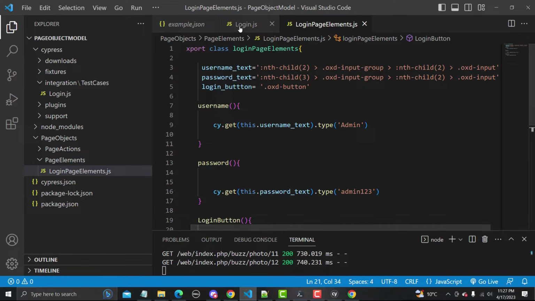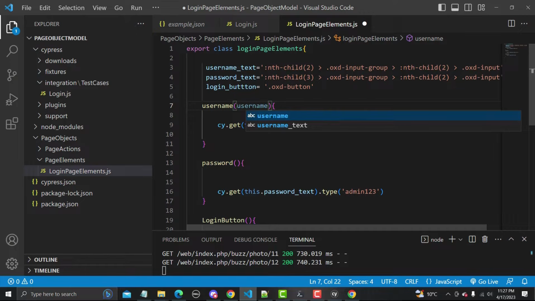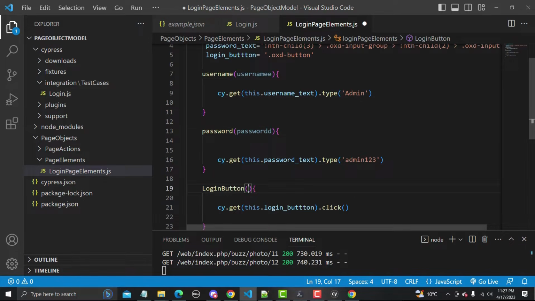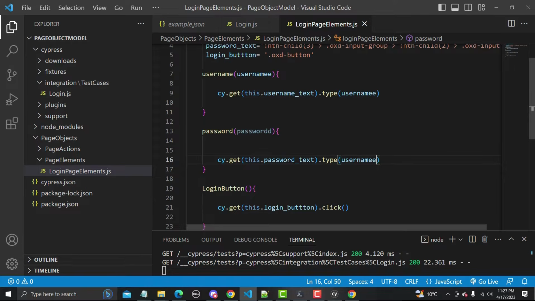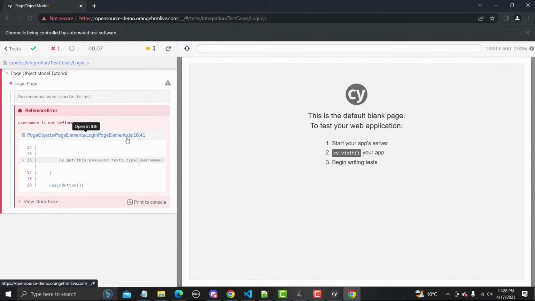So in order to make it dynamic, instead of providing a hard-coded value, I'll create a username, and I'm passing an argument here, password, and whatever we pass here, we need to pass here as well.